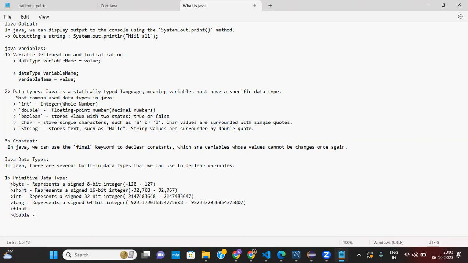So after the release of Java 10, they introduced a new data type.